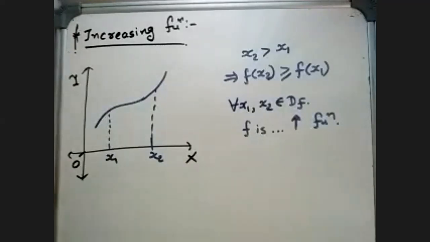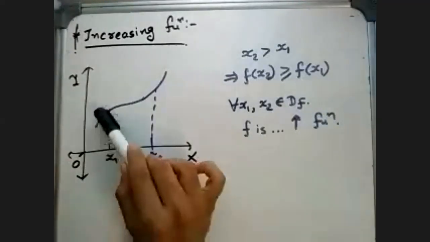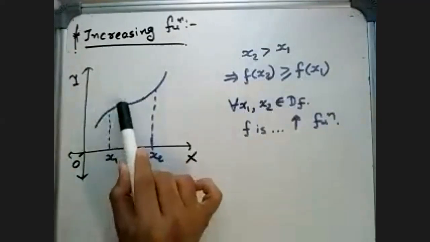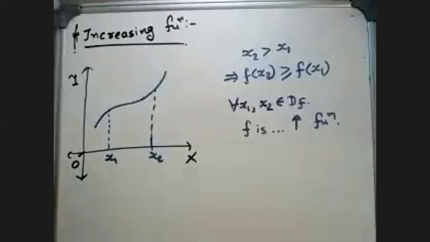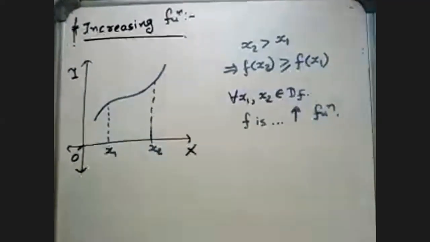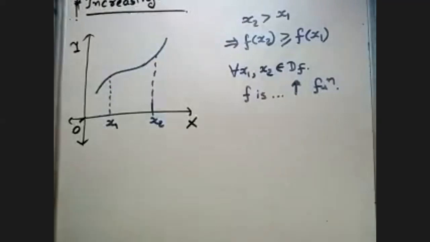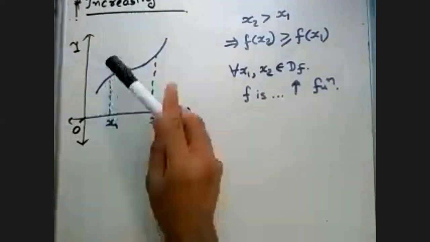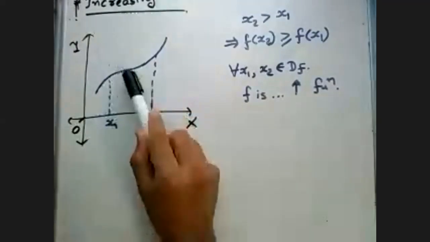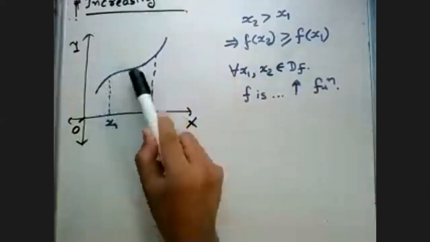Is it clear? So here you can see, here it is greater than, at some points they will be equal, and then again it is greater than. So it is called an increasing function. Now strictly increasing. Exactly, it may happen that they are equal at some point. They can be equal at some points, not everywhere. Okay, so it is for increasing.